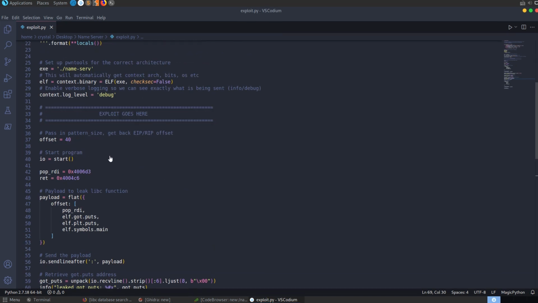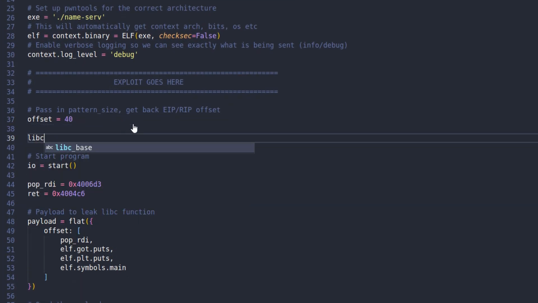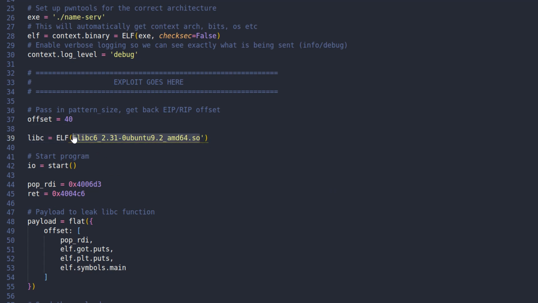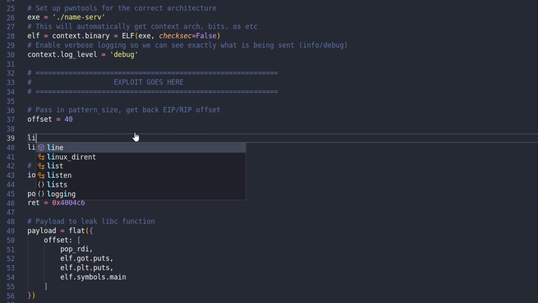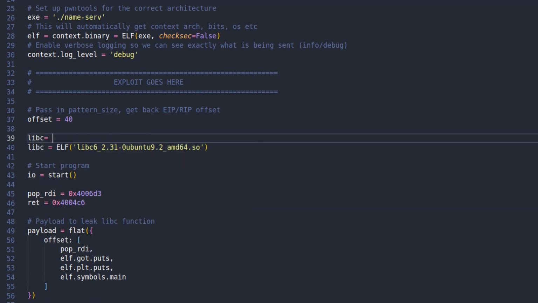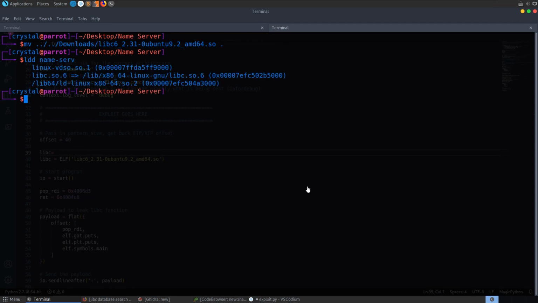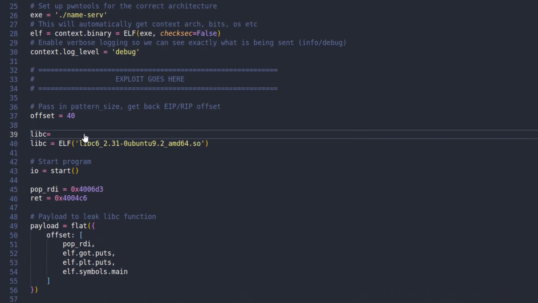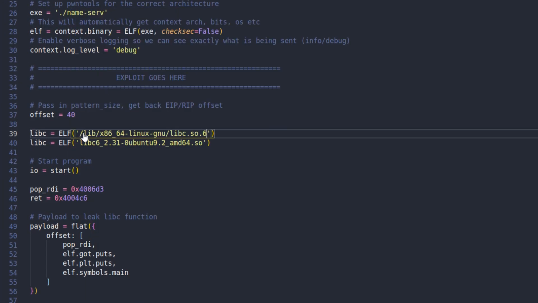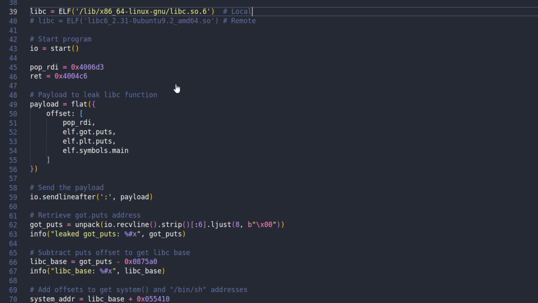and let's go and update our script here a little bit. So in our script we can actually add the Lib-C library. We could say libc is equal to, and we'll create an ELF file. We'll pass in the address of that. So this is the Lib-C that the remote server is using. We could also do this with our local. So we could say that our local is ldd of the server binary. We take a copy of this, and this just means that we could basically go and comment out whichever one we need to, depending whether we're testing local or remote. So this was the remote, this is local,